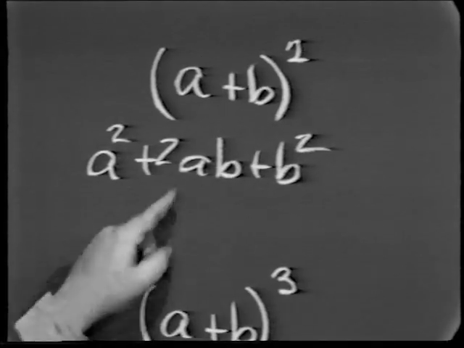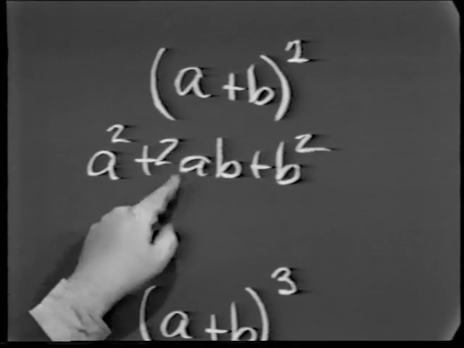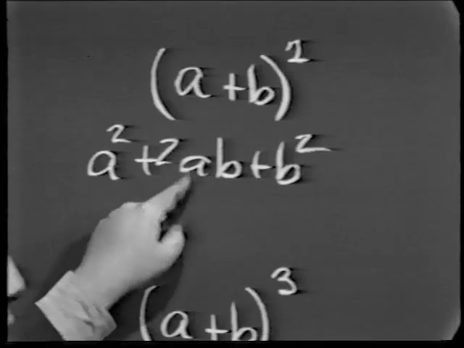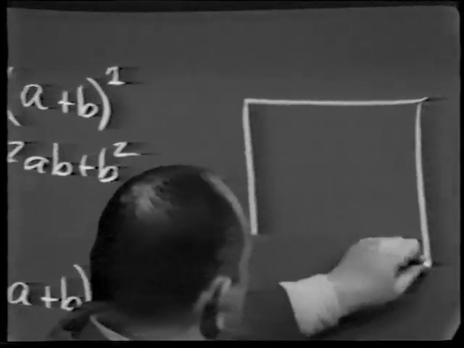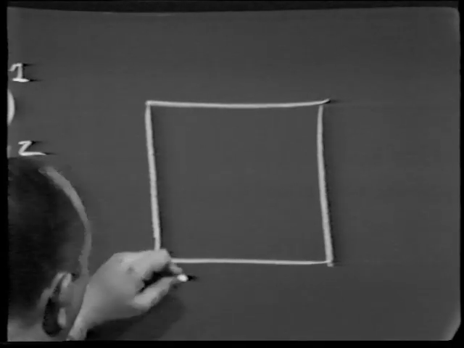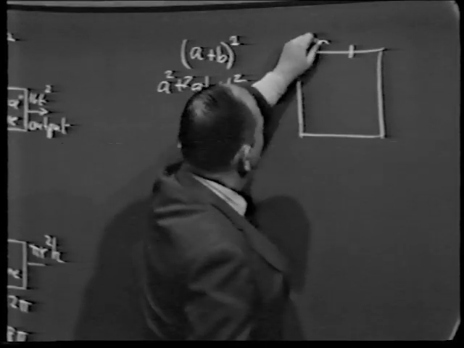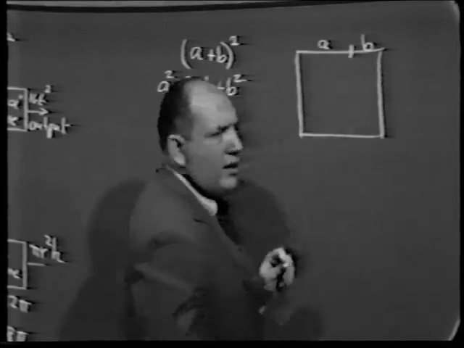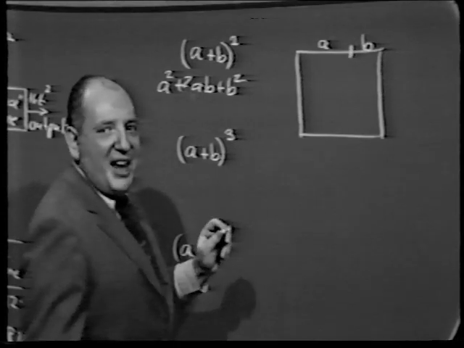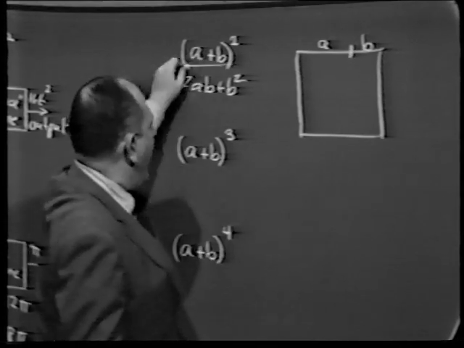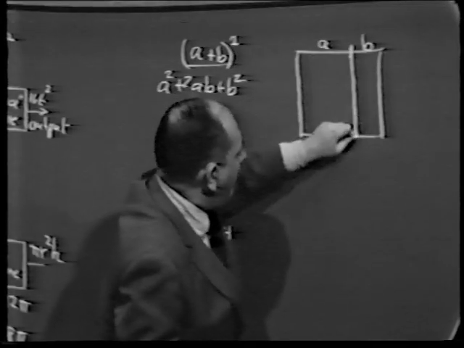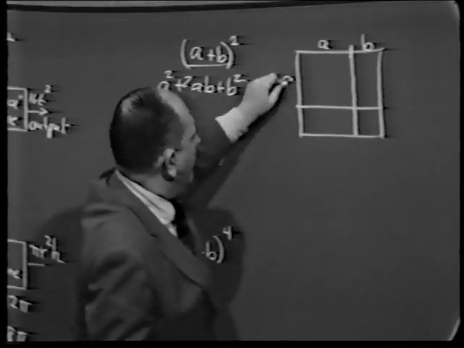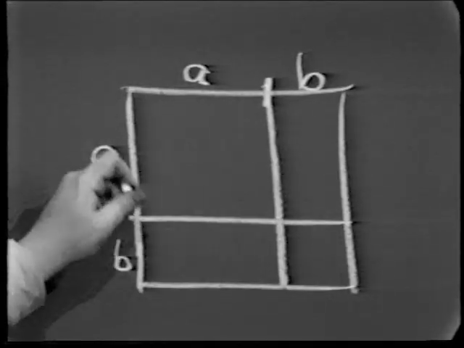Observe that we do not need to have a picture to understand how this works. To be sure, if we had a picture, we get a tremendous amount of insight as to what's happening here. Namely, let's visualize a square whose side is a plus b. On the one hand, the area of the square would be a plus b squared, the side squared. On the other hand, if we now subdivide this figure this way, we see that that same square